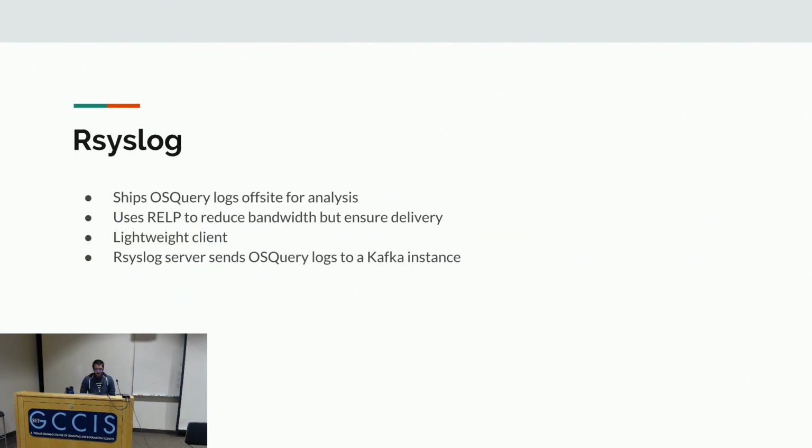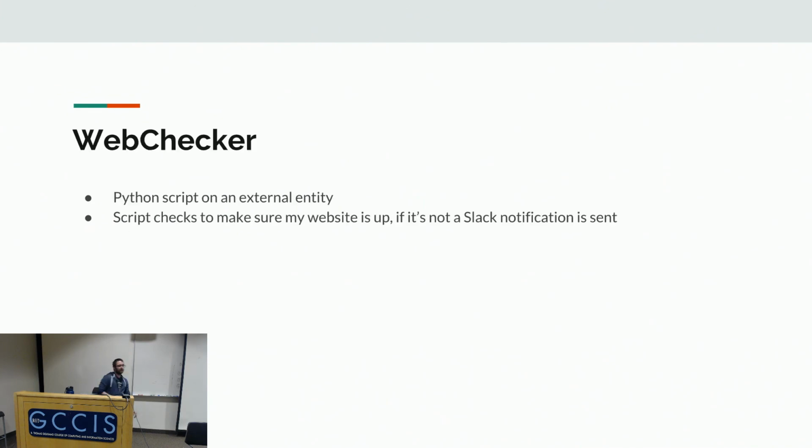And then, last but not least, my one thing that I have done additionally is I have this thing called Web Checker. It's a Python script that runs externally, on my home server, and this script will check my website every 5 minutes to make sure that it's up. And it will do everything that I just talked about, all the things that I messed up. Web Checker makes sure that those test cases, the things that I failed on, are actually implemented, right? So if I go back one step or make a mess up on something, Web Checker will know that and let me know. So again, test cases are important.